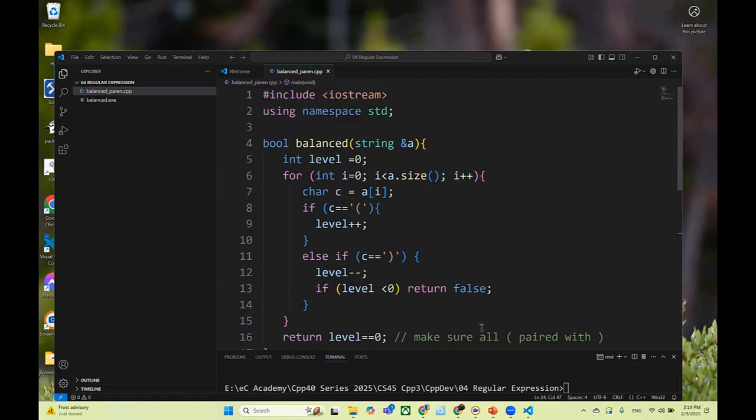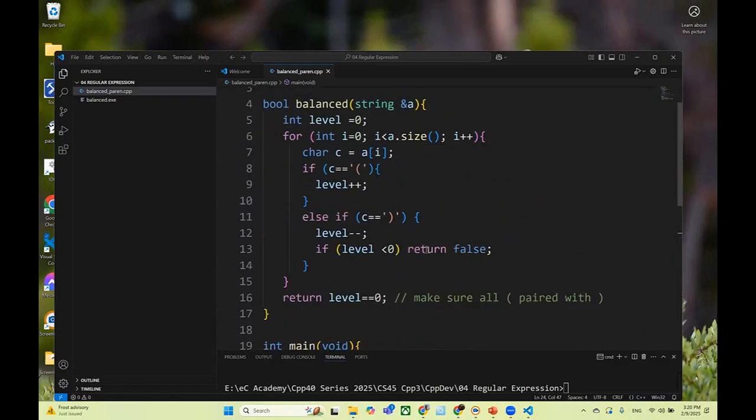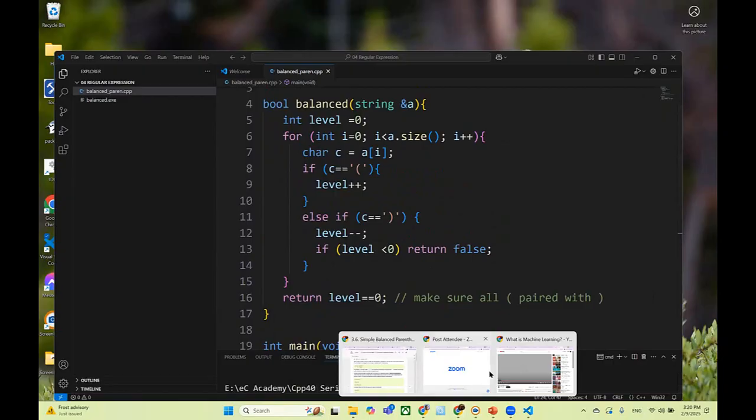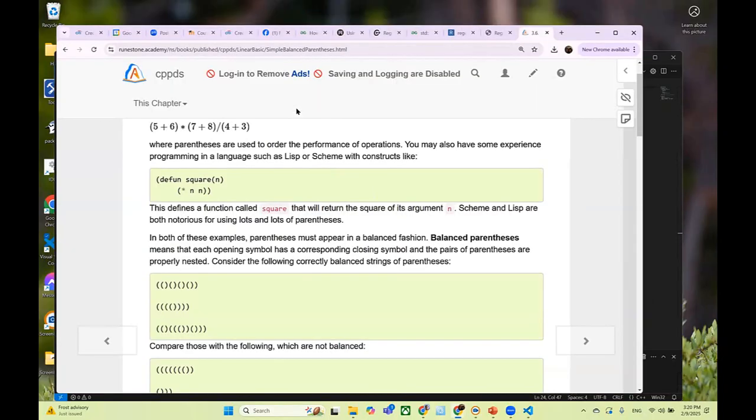You can also use a stack to do push and pop for it. You can also use a simple stack to push and pop. And in the middle of the process, if the stack gets popped but there's nothing in the stack, then you will return false. Okay. So anyway, right here we talk about the balance of expression. But next, and this actually is just step 1 for the